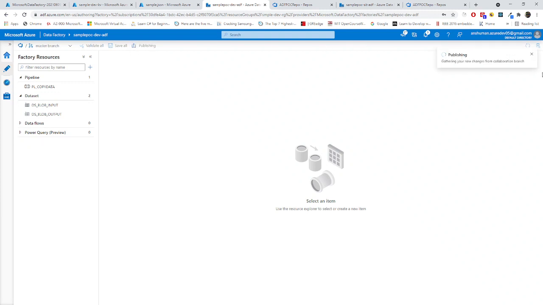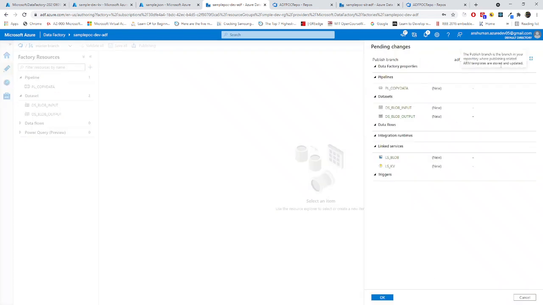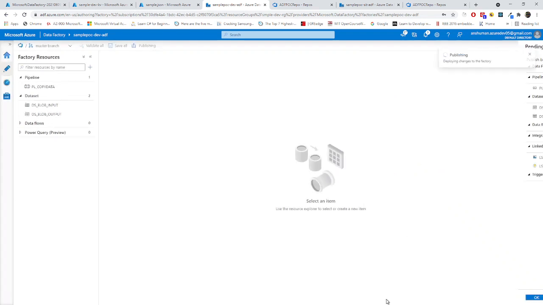Now it will ask you to review that these files have to be published. You can see PL copy data has to be published, the data set has to be published, integration runtimes have to be published. We don't have any integration runtimes till now, and there are two linked services that have to be published. Now I'm clicking on OK. It should generate an ARM template right now.